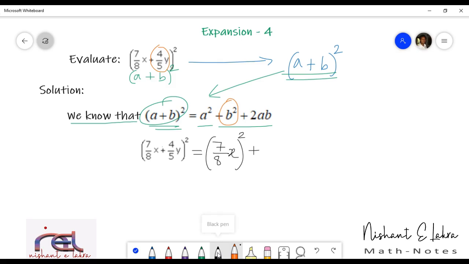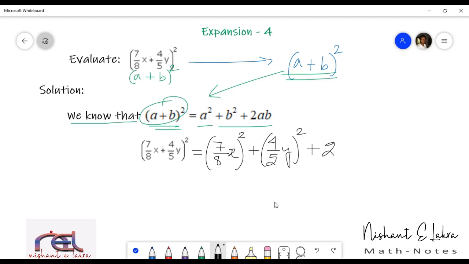That is what we will be writing in place of b square, that is (4/5 y) whole square, plus